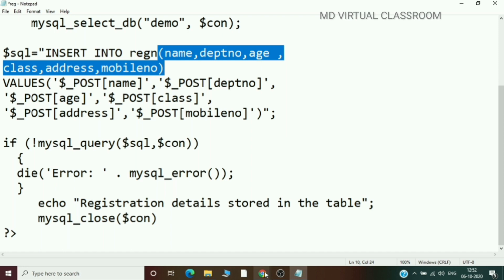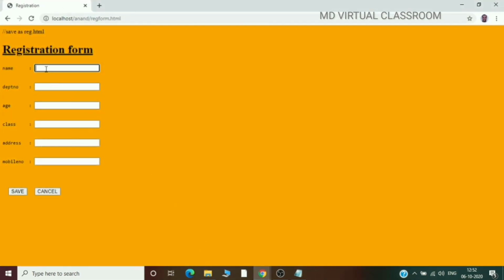So the meaning of $_POST['name'] is this: the value entered by the user in the name field in the registration form can be captured by using this particular syntax, that is $_POST['name'].